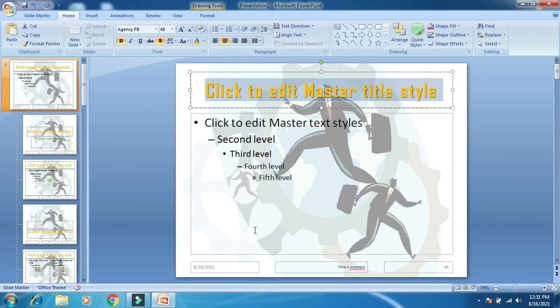See, I want the font style to be like this. And then the color. Then we will just click on